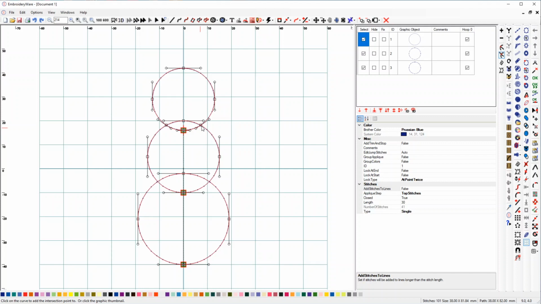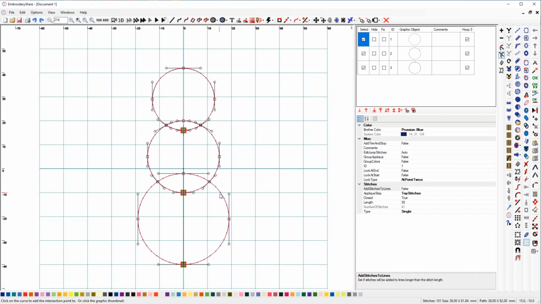Now we want to add similar points on this circle, so we select this first, and it says click on the curve that intersects with your curve, and that's the head. So we're going to click that, and you notice now there are additional points put on this circle. The next step is the same thing to get intersection points here. We click on the curve to add intersection point 2. We click on the body, and then it says click on the curve that intersects with your curve, and that's the base of the